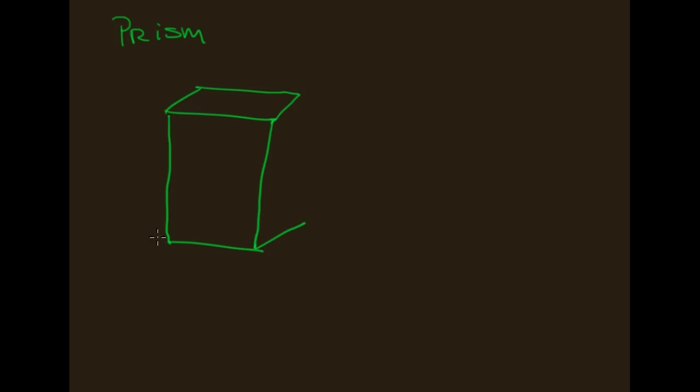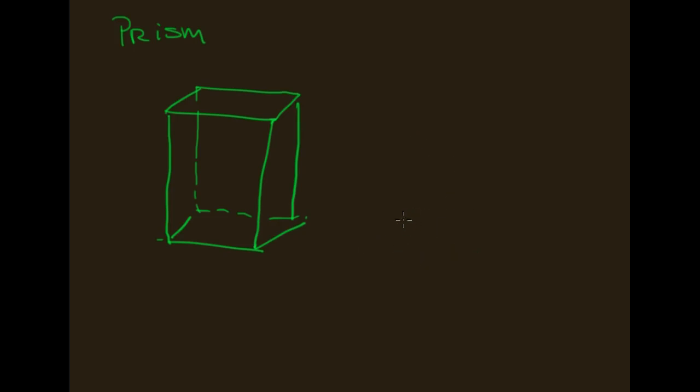Okay, so we're going to do a video here on how to find the volume of a prism and a cylinder. So a prism is something that has two congruent bases, and those bases are connected by segments. So it could have two rectangles as its base, or